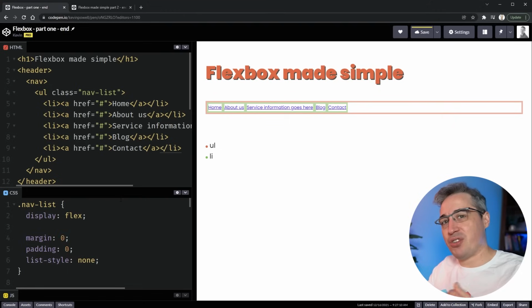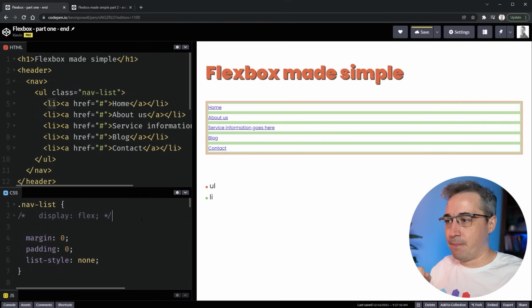But we're here to understand what's happening with flexbox, and there's already some very important things that have happened that a lot of people take for granted when they're using flexbox. And so let's turn off my display flex for a second. And so we have these LIs here, and the LIs are block level elements. So they stack one on top of each other and they stretch to fill up the entire space with their